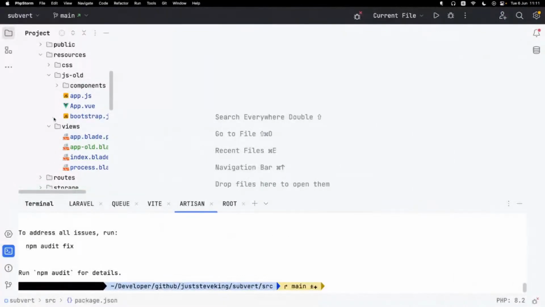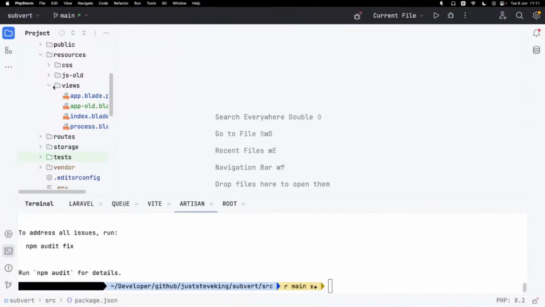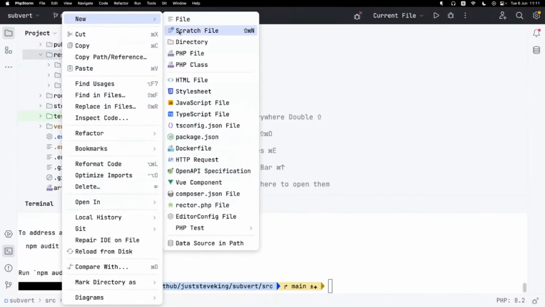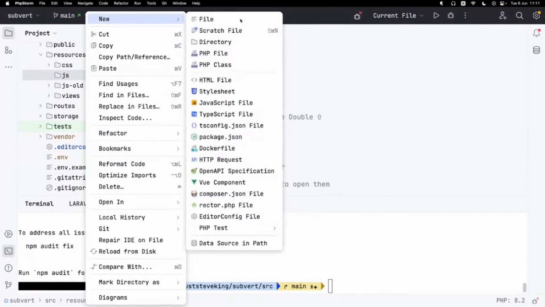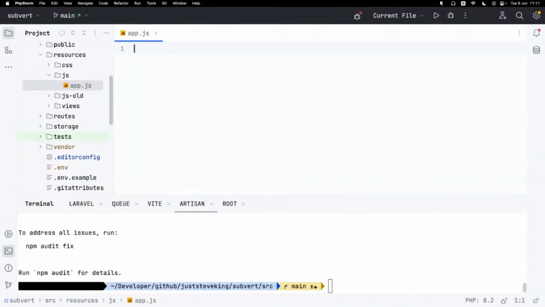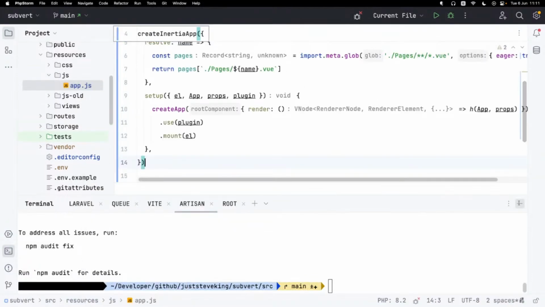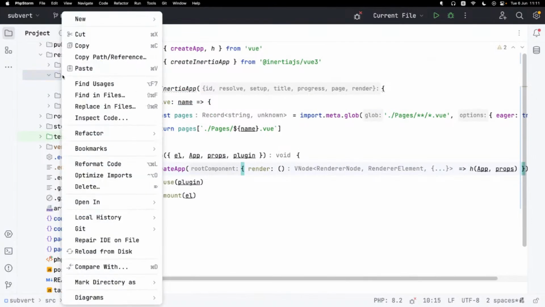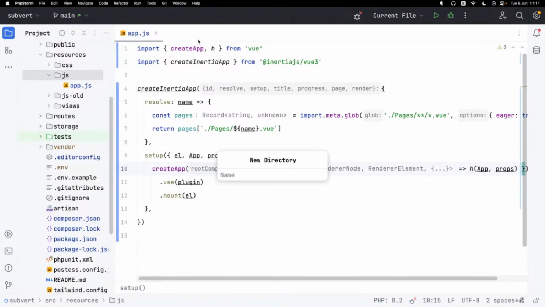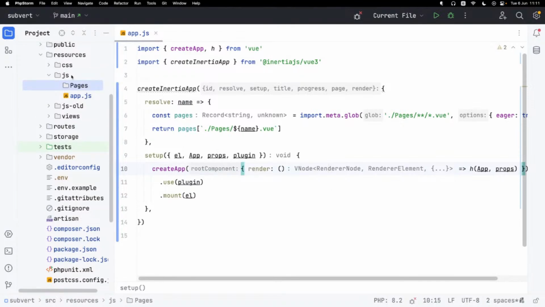So we can come over to a new directory, JS, and we're going to create an app.js, which we're going to keep in for now. We're also going to want to create a new directory for pages,